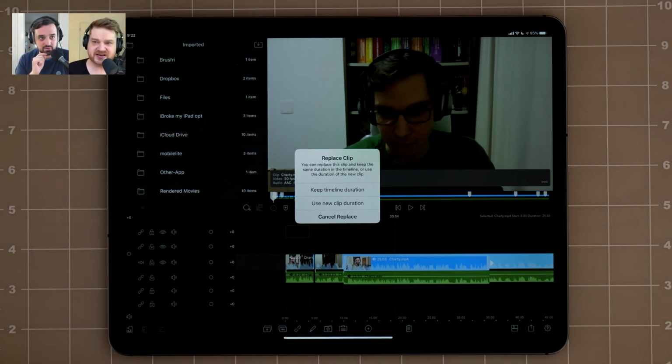Yes. So what it'll do is it will inherit the effects of that clip. So if you had color correction or something on that clip, it will inherit that. But if you already have something on that, basically it'll double it up. I use this mode a lot when I do reshoots for videos. I'll put in the bad clip, and then what you could do if you hit cancel